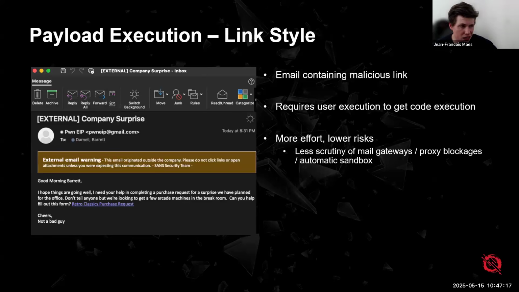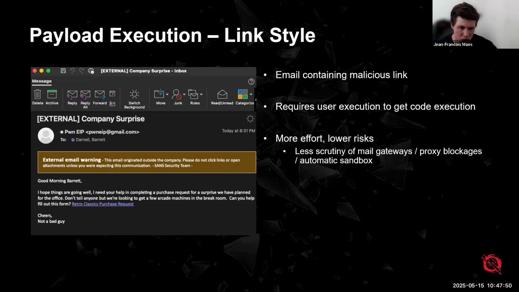Then another way of doing things would be sending a link instead, right? This is a lot better in my opinion. That's also what we teach our students in class, right? Typically speaking, if we send that first email with a tracking pixel, we might have a user agent or we might have an external IP address that we could use as a guardrail in front of our payload mechanism. So here we, for example, are implementing a link-based phish attack, right?